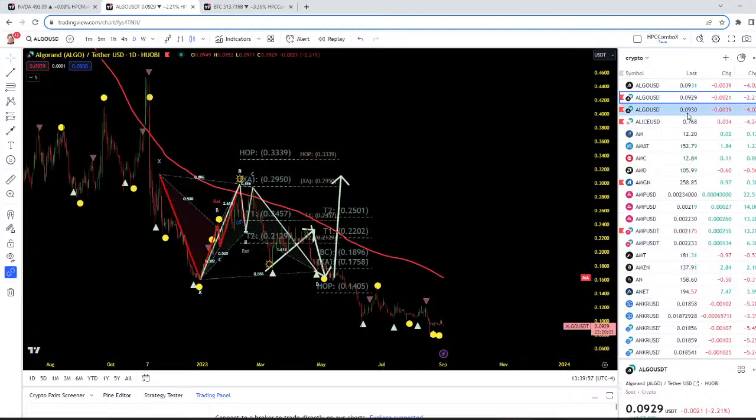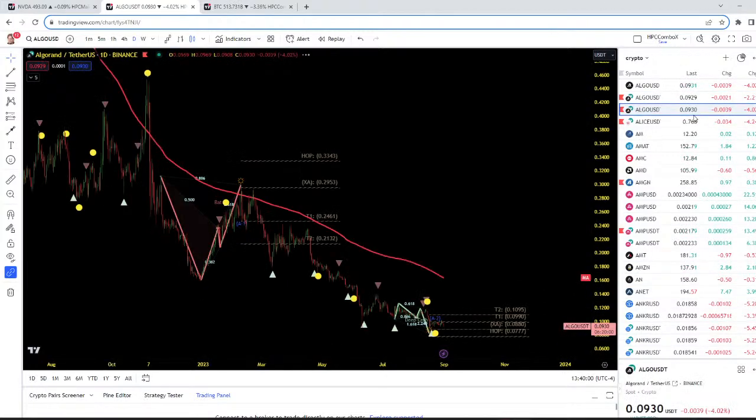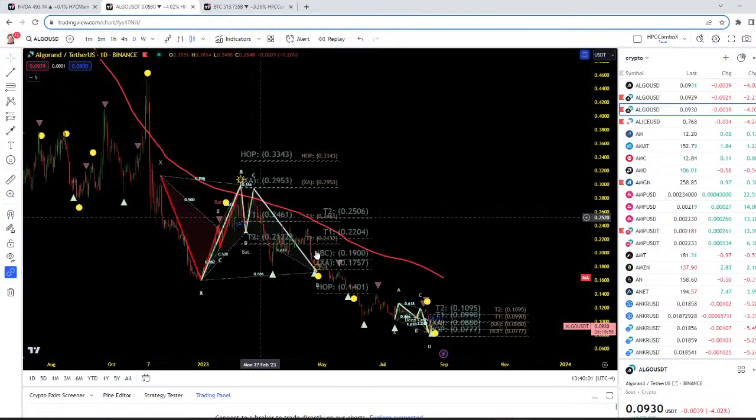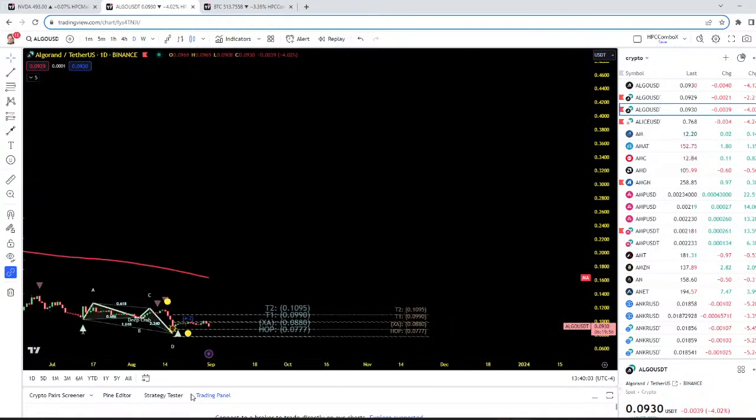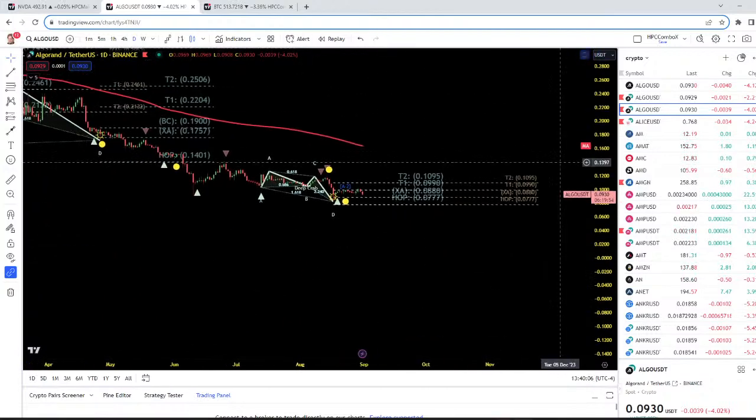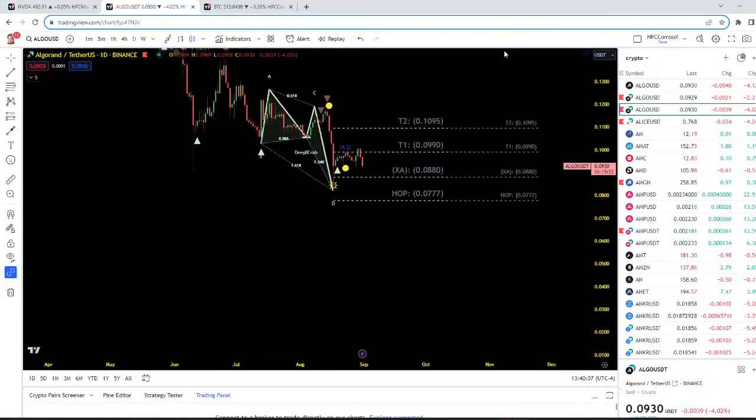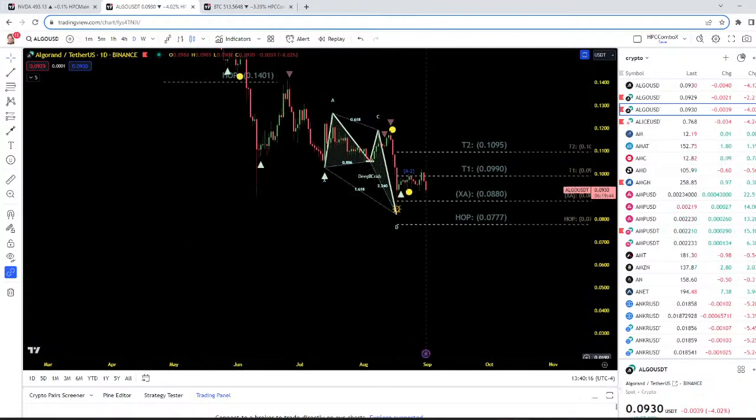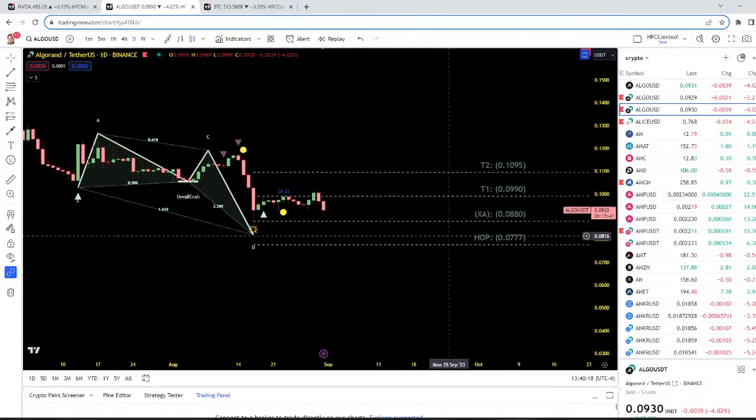Wow, Algorand just went up and tested this 2020 low as resistance and it's rolling over. And guess what's going to happen today if all stays the same or lower in price? It's going to be the lowest daily candle close ever on Algorand, at least on the Binance chart. Yeah, and again, there is a crab pattern even on the short term that materialized in the last 30